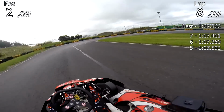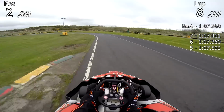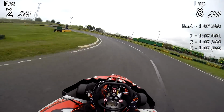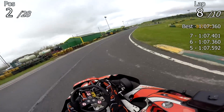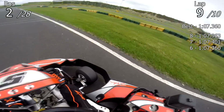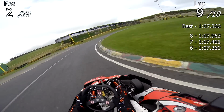I wasn't letting them get past me, and that allowed me, on some laps, to have a bit of a buffer to those guys, because they were fighting with each other. There were some close moments, where people were right behind me, as you'll see here. I have to defend on the inside going to the first corner. But ultimately I was able to defend the whole race and stay in second place,